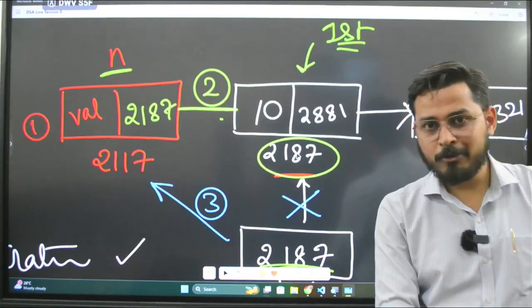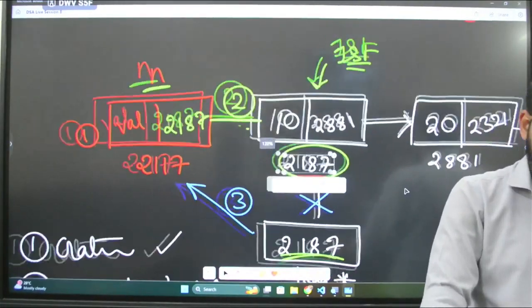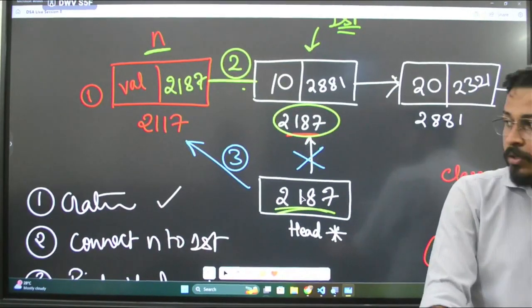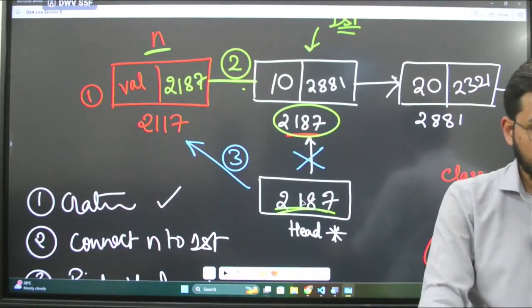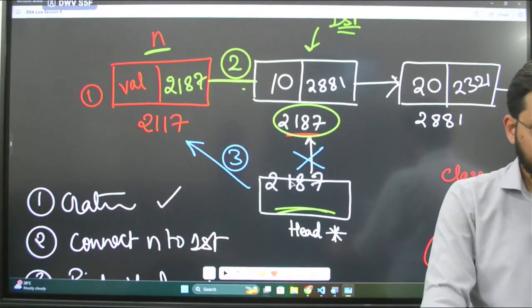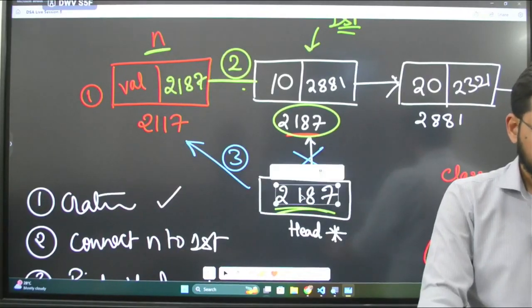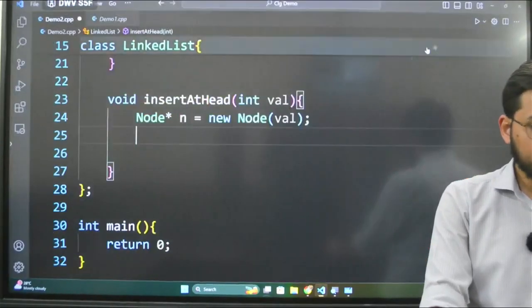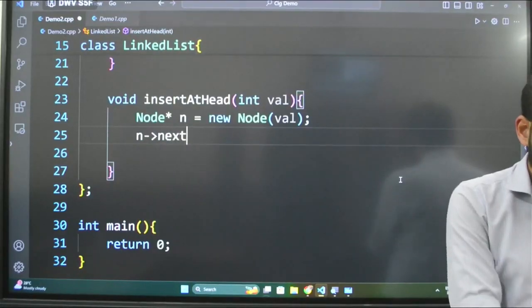I don't know this value, but who knows this value? The head knows the value. So what I did is I took it from the head, and that value came right here. So to do that, I will say n of next is equal